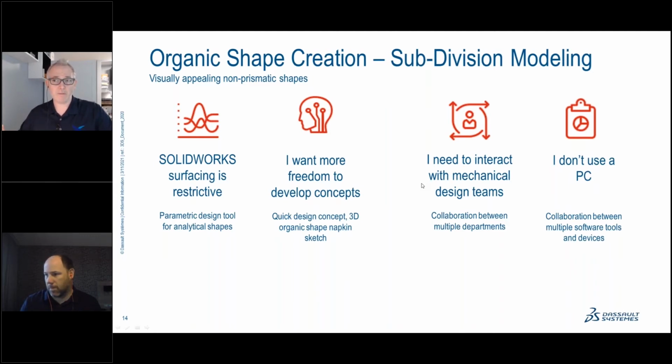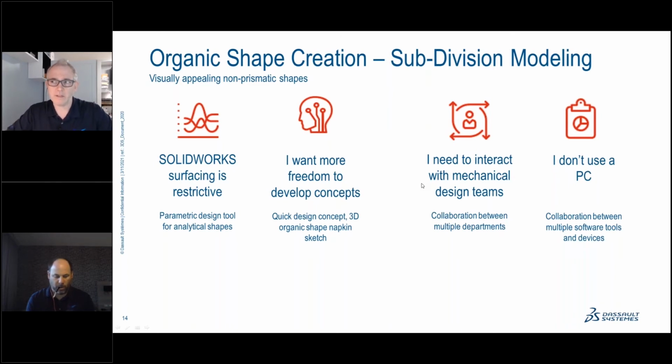Also, those other departments may not even use a PC. And they're not using SOLIDWORKS, probably. They're probably using something like a Mac or an iPad or some kind of tablet with a touch device or a stylus or hand gestures or whatever. And the point here is that organic design at some point has to come back into mechanical design, and in this case, SOLIDWORKS. So we have this organic model. It needs to come back into SOLIDWORKS so we can cut into it, create holes and bolts, and add it to our design or